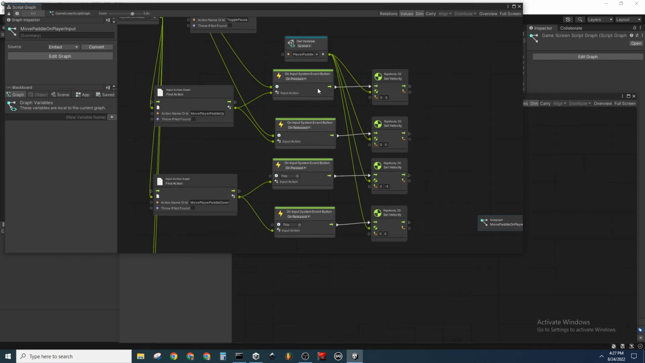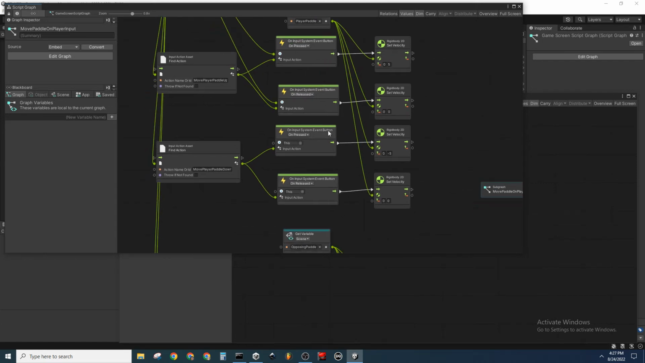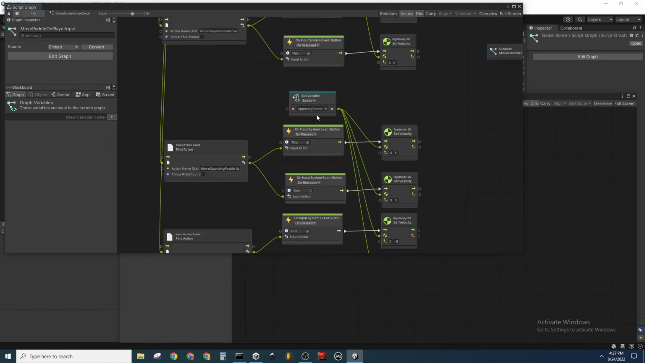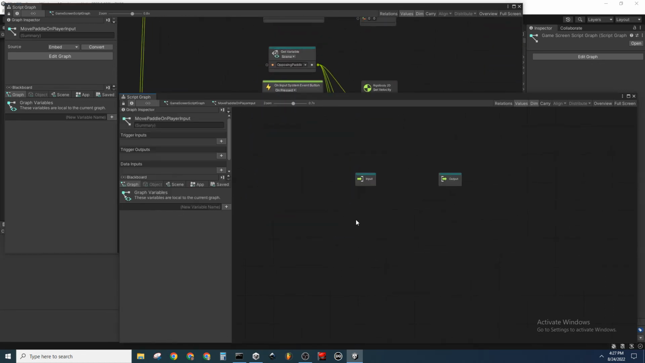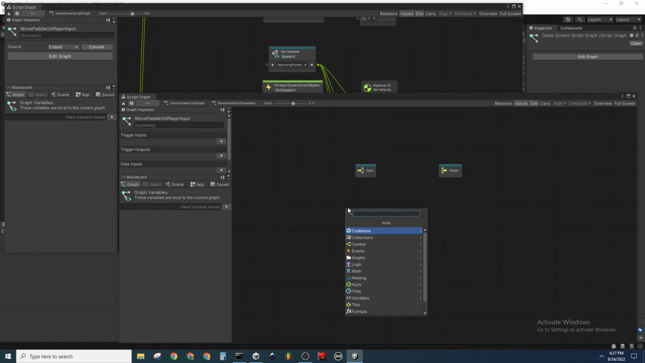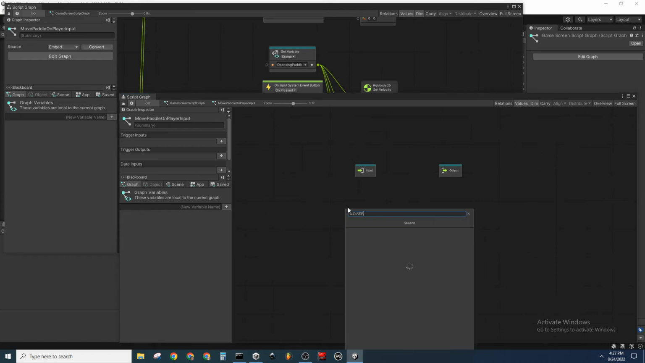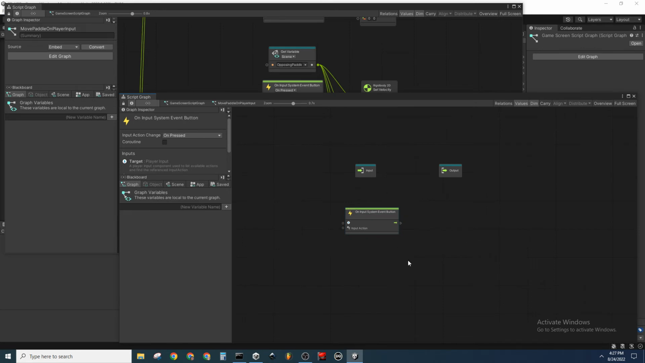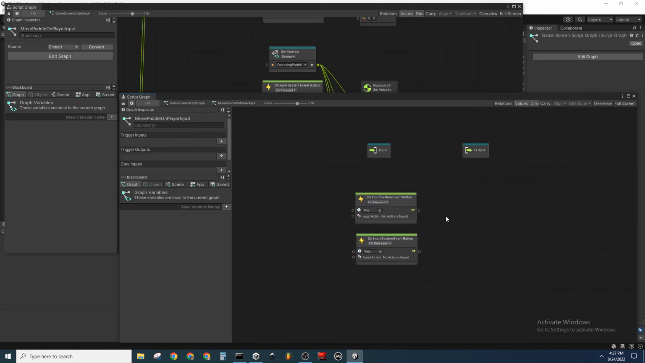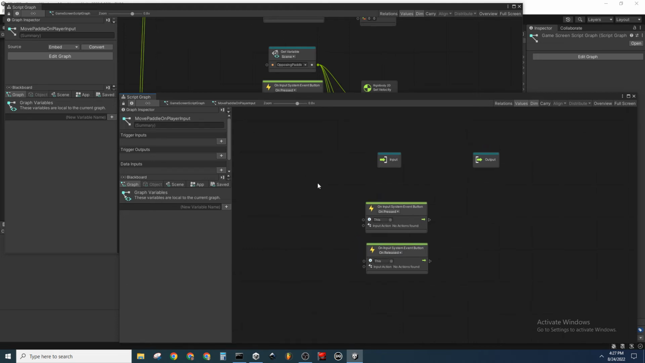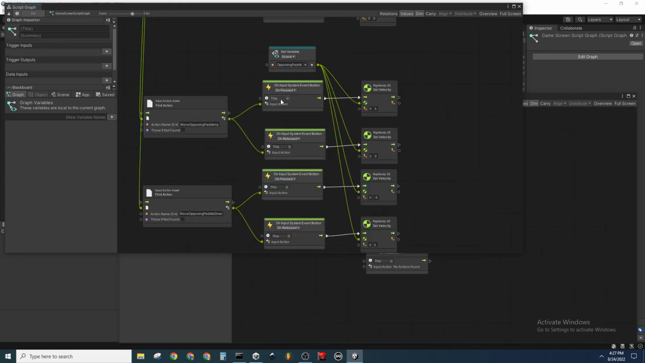In this instance, we have 4 cases of the input system having a pressed and released state. So the first thing we're going to do over here on our subgraph is right click and add that on input system event button node. We will duplicate it, drag it down, and set one to on pressed, and set one to on released. The next thing we need is the player input reference, and because every single one of these,